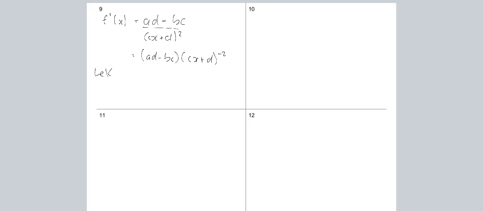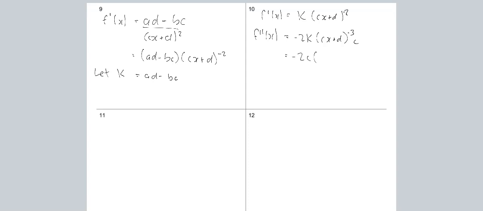Let K equal AD minus BC. Then I'd have F dash of X equals K outside of (CX plus D) to the power of -2. Now I'm going to use my basic derivative power rule. F dash of X is equal to, so I bring the number down, so it's -2, (CX plus D) to the power of -3. I subtract 1 from the power. And then the chain rule says find the derivative of the inside, which is C. So I end up with -2, C, and then K is AD minus BC, all over CX plus D